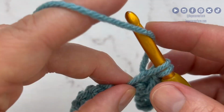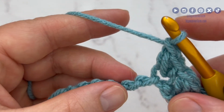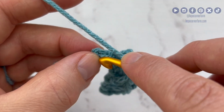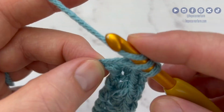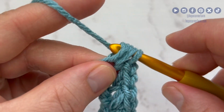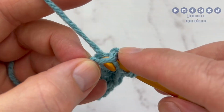I should be ending my row with a mini bean stitch and not a chain 1. So if you're ending with a chain 1 and skipping, you're doing it incorrectly. So we're going to keep chaining 1, skipping 1, and then mini bean in the next. Chain 1, skip 1, mini bean in the next,